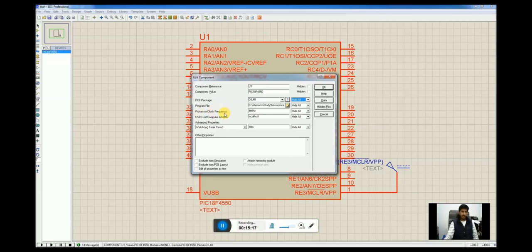Proteus tries to overwrite the configuration file, and if you have selected internal oscillator or even if you are using PLL, Proteus will not consider it and your program will not be simulated here in Proteus. So I suggest that you do not use PLL and do not use internal oscillator when you are trying to simulate your code on Proteus. The best oscillator configuration that you can use for simulation in Proteus is HS oscillator with PLL disabled.